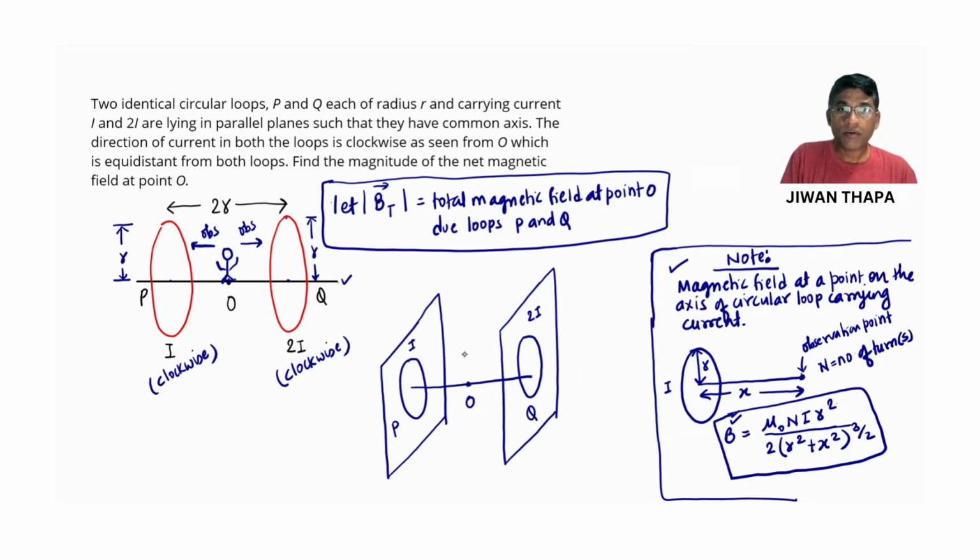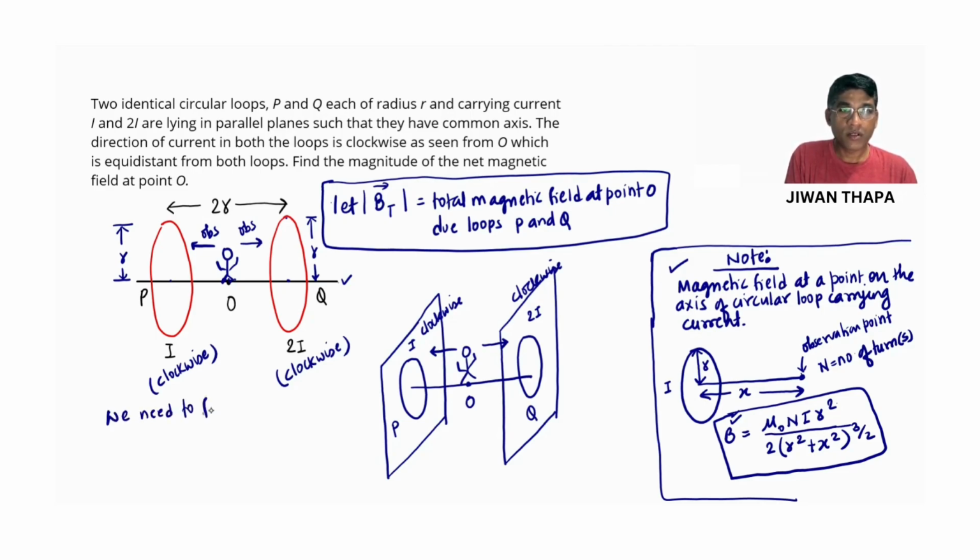Now, from the question, when we observe from O to P, then we find current I flowing in clockwise direction. In same way, when we observe Q from O, then we find current twice I flowing in clockwise direction. So we find this. Now, we need to find